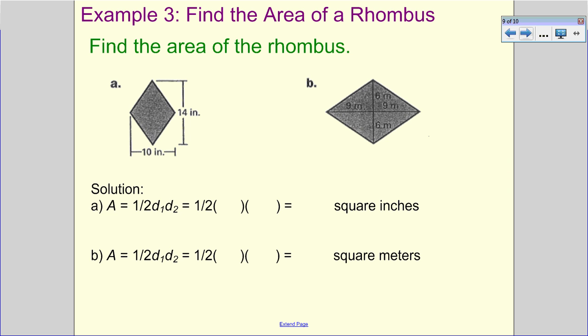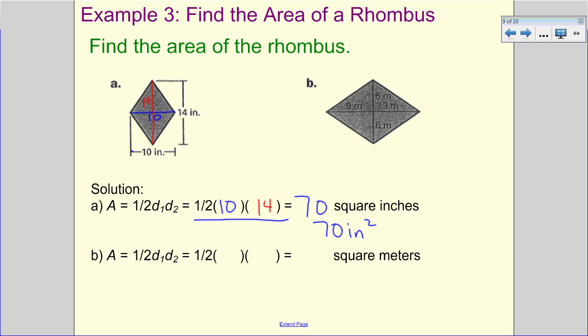Well, they're giving me my measurements in a little bit different ways so we can prepare. They go from 10 from side to side, which means the first diagonal is 10. They then go vertically, top to bottom, with the 14, which means my second diagonal is 14. So D1 and D2 are just 10 and 14. Now, some of you are doing some mental math, doing 1/2 times 10 and getting 5, and then doing 5 times 14. You can do 10 times 14 and get 140 and then multiply by 1/2. Whichever is easiest for you, or just type this all into your calculator, but we get 70 square inches,